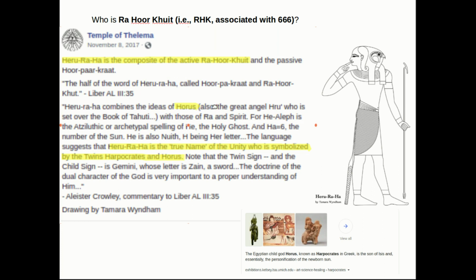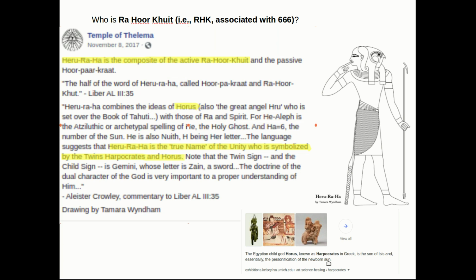He combines the ideas of Horus with Ra and spirit, getting this composite deity of Hoor Khuit and Hoor Khuit. It's symbolized by the twins Harpocrates and Horus. This is a depiction of Raha, Horus being the falcon head, and Harpocrates here. Okay, and Harpocrates is just the Greek Horus. The Egyptian child god Horus, known as Harpocrates in Greek, is the son of Isis and essentially the personification of